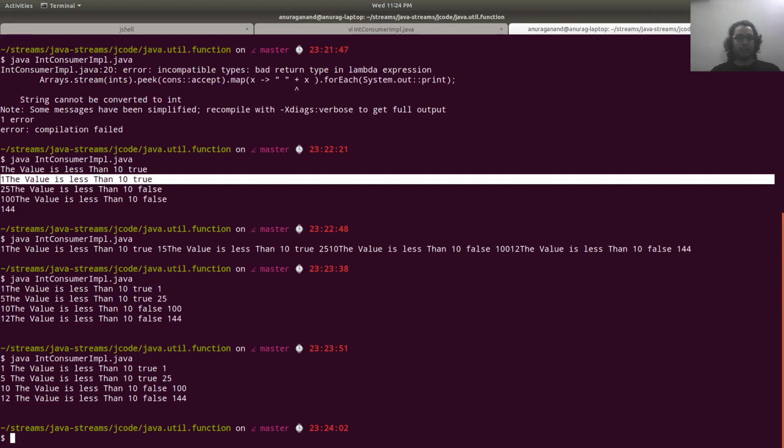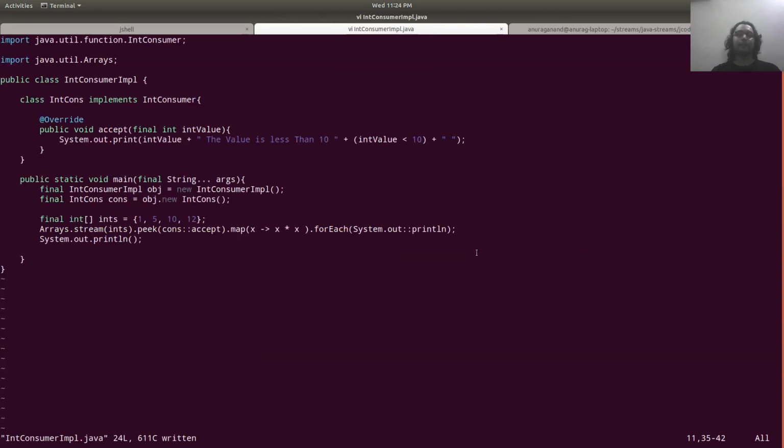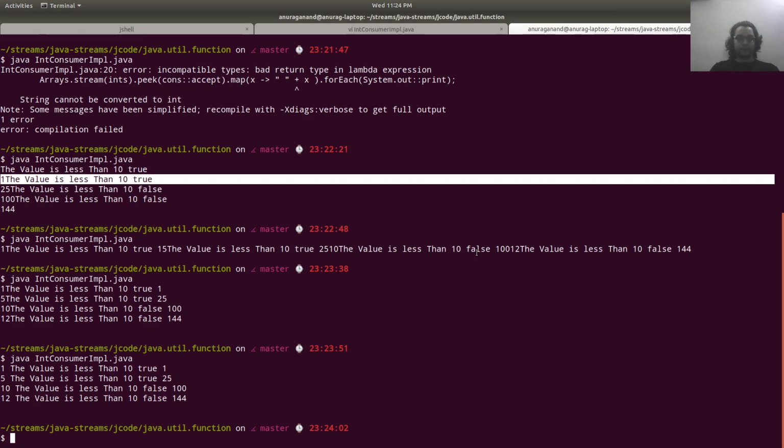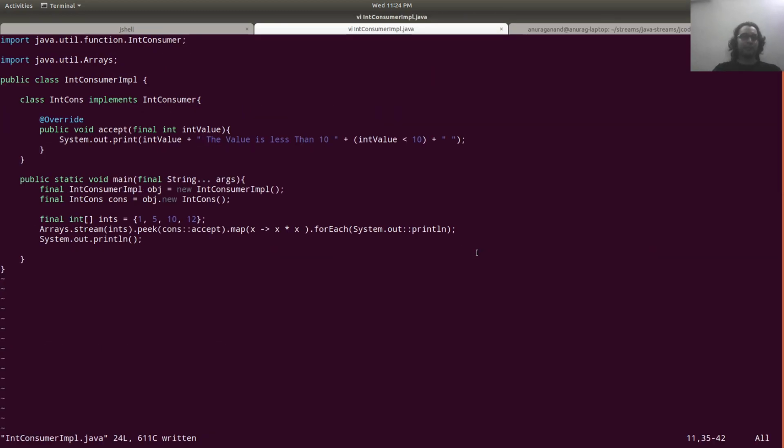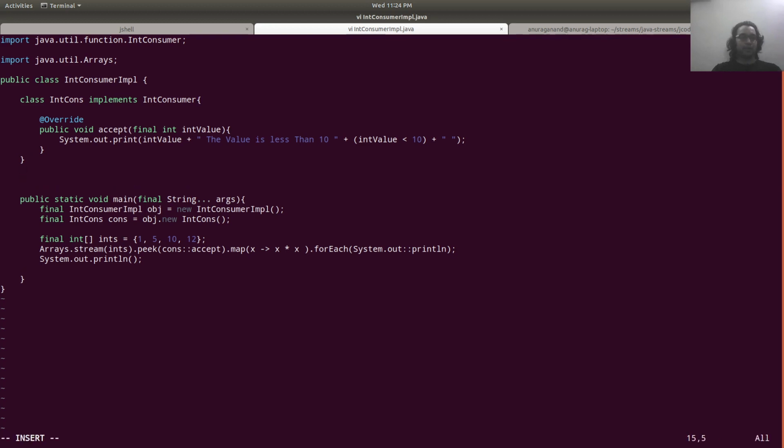So you can see that now we are using an implementation of IntConsumer to print a statement that the given value is less than 10 or not. This implementation can be done in different ways. For example, this is the primitive specialization.